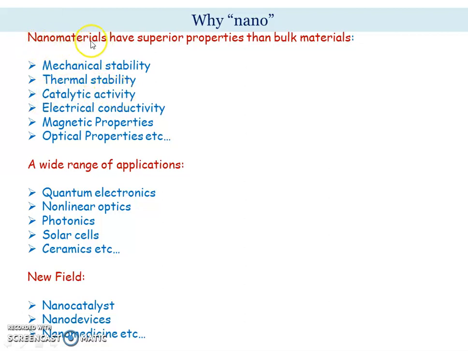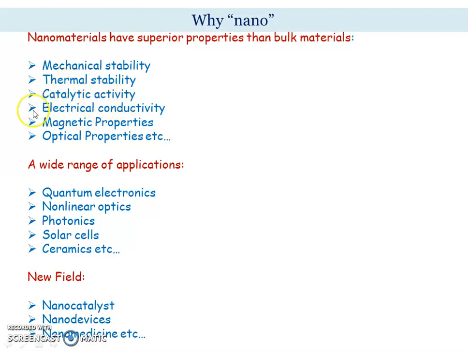As you know, nanomaterials are smaller in size, which means the surface to volume ratio increases, the surface area increases. So what is a catalyst? A catalyst is a thing which is going to increase the speed of the chemical reaction, the kinetics of the chemical reaction. So nanomaterial provides enough surface to make the chemical reaction very fast.